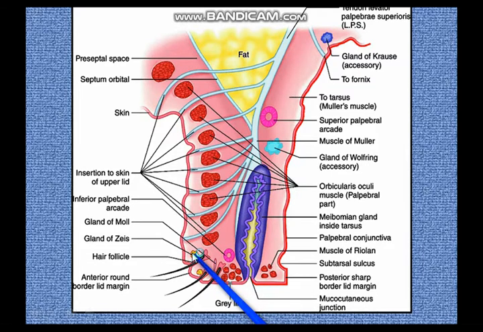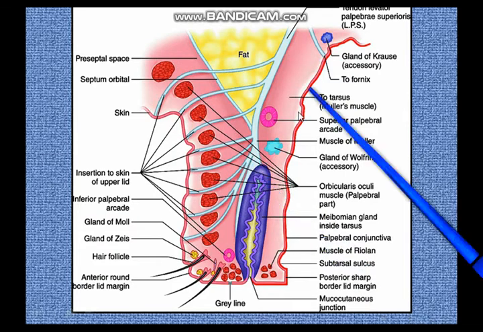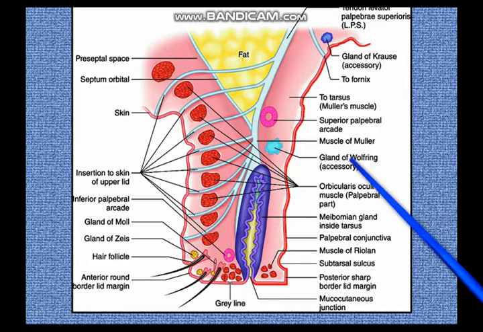This is actually the level of the mucocutaneous junction, and behind it you have the conjunctiva, in front you have the skin. You can make out this small subtarsal sulcus over here. At the lower level of the tarsal plate, you have a small groove. Some foreign bodies, when they are trapped within the conjunctival sac behind the eyelid, could be trapped here, or they could go up and be trapped over here within the conjunctiva. The levator palpebrae superioris applies to the tarsal plate. Not only that, you have glands of Krause and Wolfring, to be referred to as the accessory lacrimal glands, near the bulbar conjunctiva.